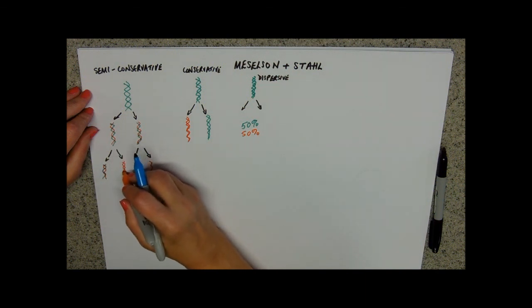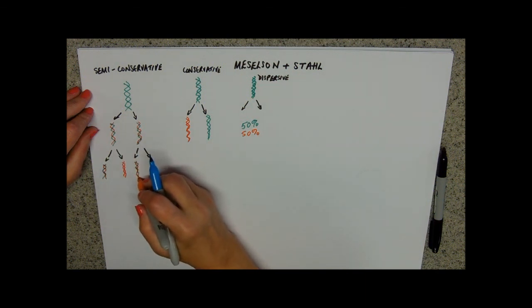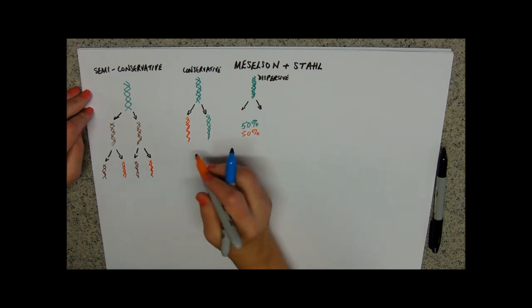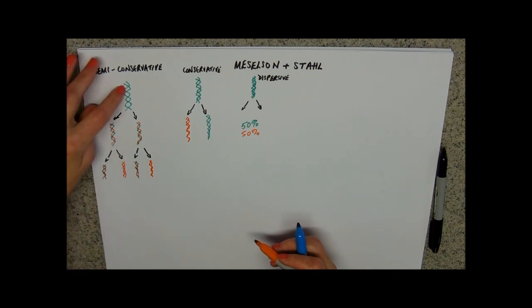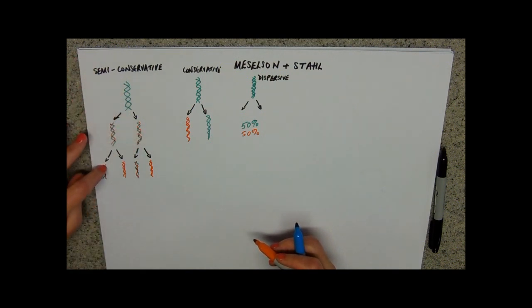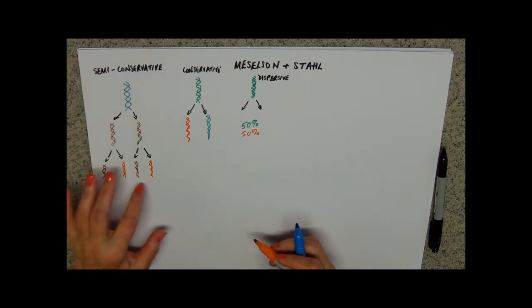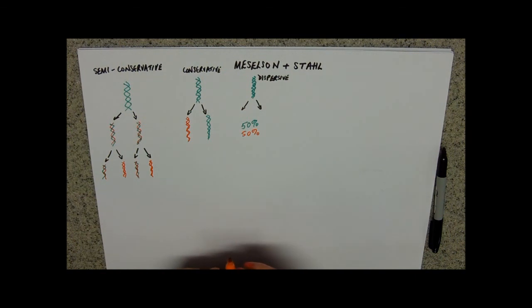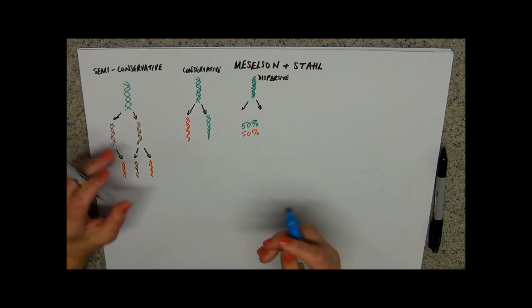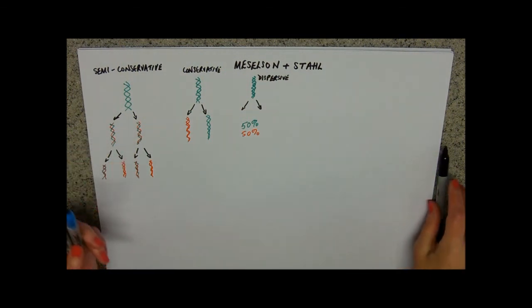And then all your new nucleotides are going to come in. So now we'd have two that are sort of, we've still got our blue ones from the beginning passed on to the next generation, but now we've got ones that are completely new that have nothing of this molecule in them. With conservative, if we did the same,